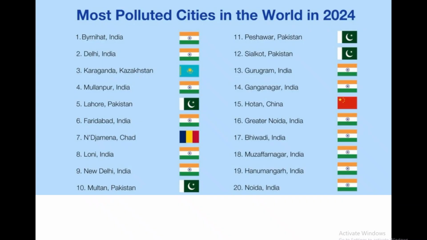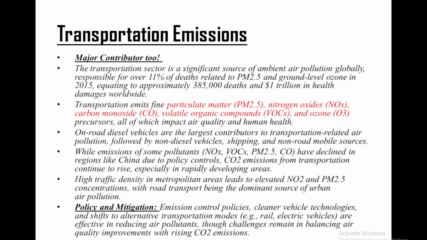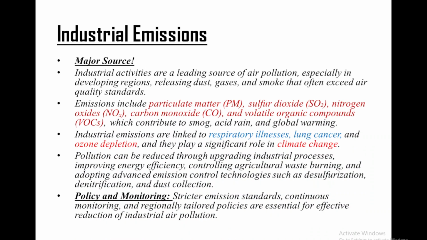One of the most important anthropogenic contributors is the transportation sector, which emits fine particles and nitrogen dioxide, particularly in cities where vehicle congestion and older diesel engines are prevalent. Similarly, industrial sources such as factories, refineries, and cement plants release large volumes of gases and aerosols that degrade air quality locally as well as regionally.